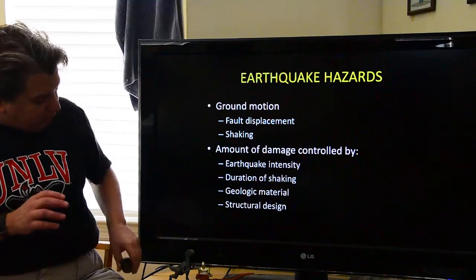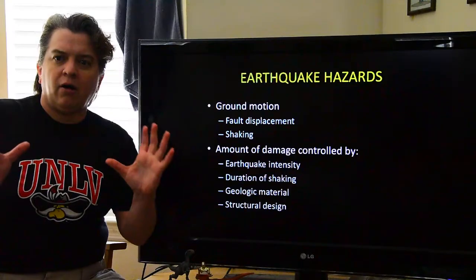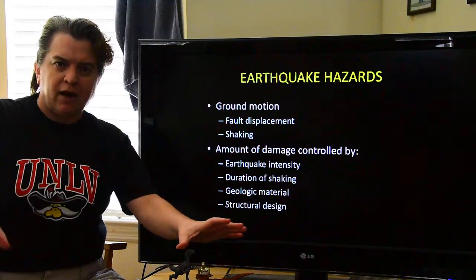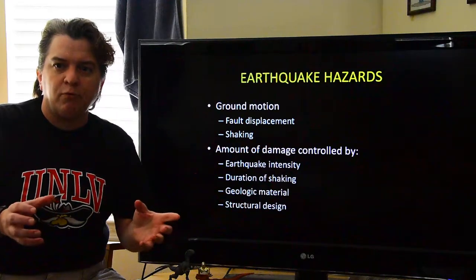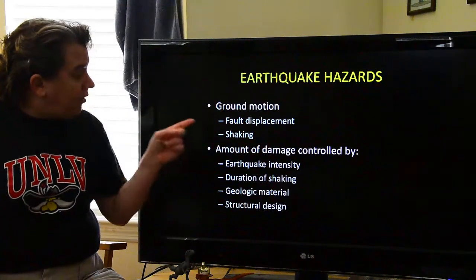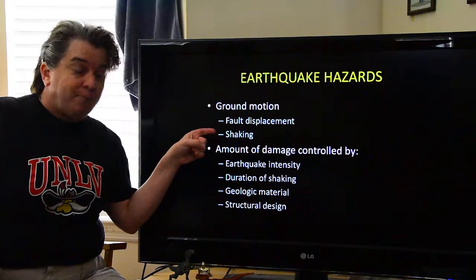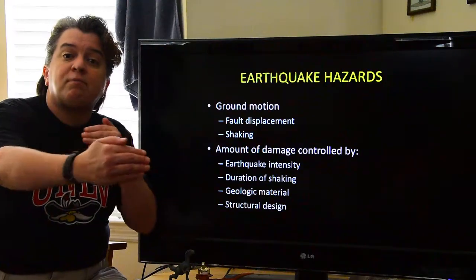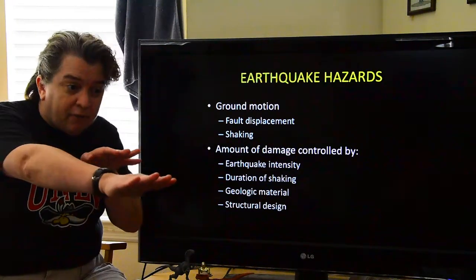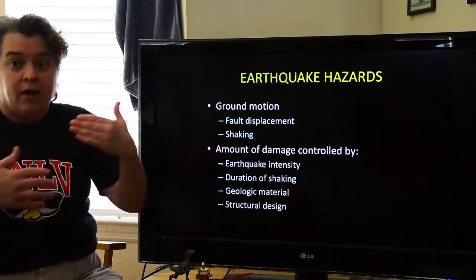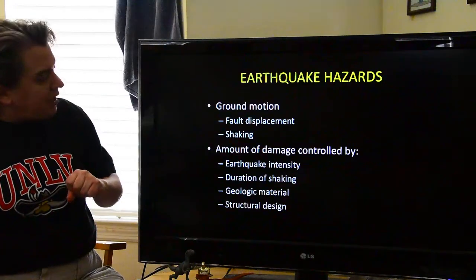So first of all, when an earthquake happens, all of the bad stuff that happens from the earthquake comes from the fact the earth is moving, the ground is moving. It's moving in two ways. Of course, we have those waves, the energy waves, that's the shaking. But you also have fault displacement, where the rocks on one side of the fault and the other side of the fault move, and when they move, they can break whatever's built over top of them.